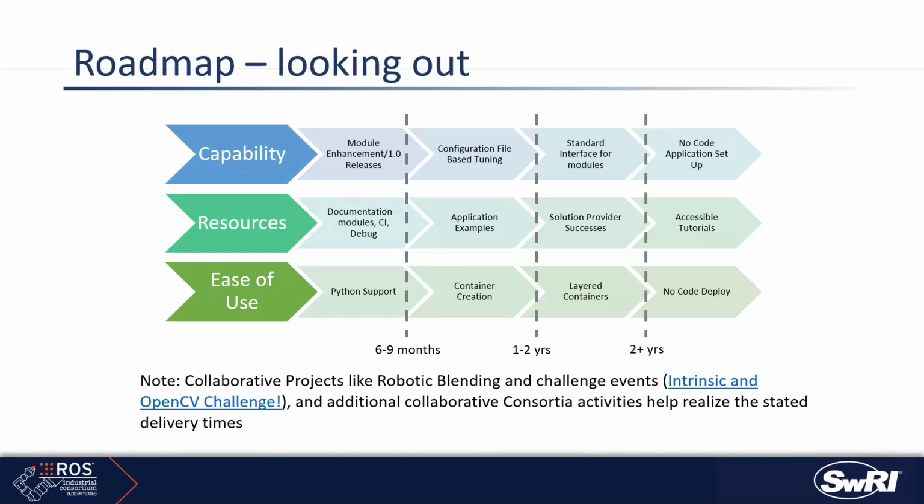So one thing that we have been working on and are going to be putting out for some community feedback is this notion of an updated roadmap, leveraging a little bit of the modularity work we've been trying to bring to the ROS Industrial ecosystem, and particularly around toolpath planning, calibration, industrial reconstruction, and some of the motion planning framework tools. So, obviously we're still very interested in capability, but thinking too along the lines of resources and ease of use.